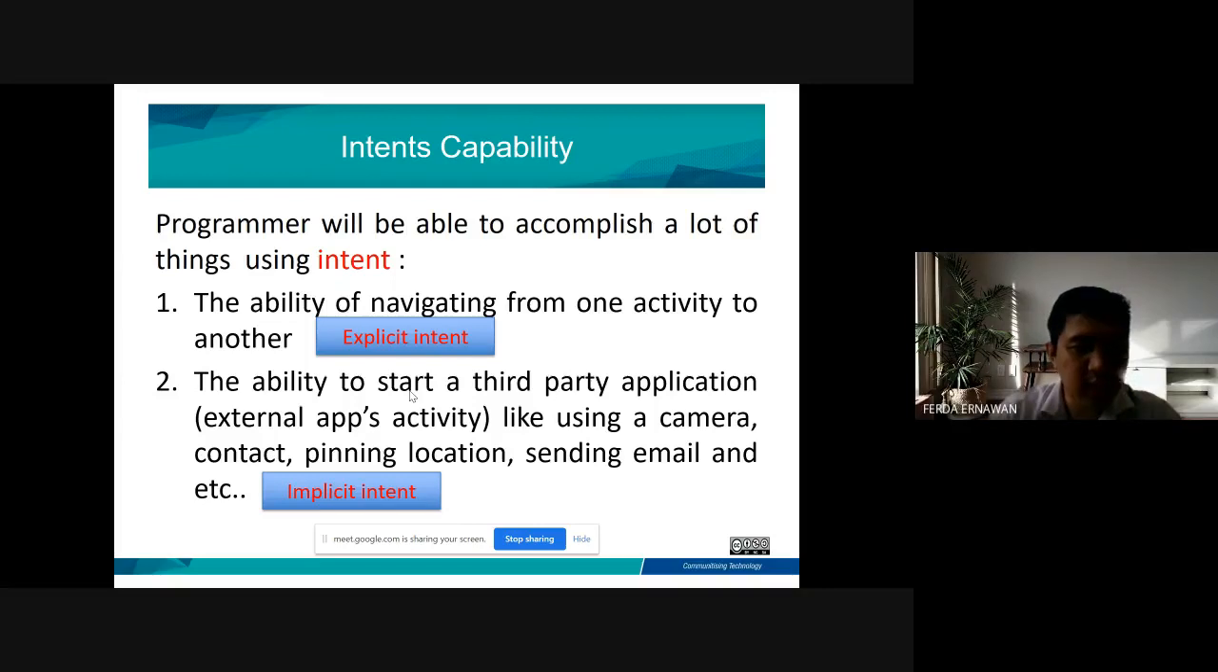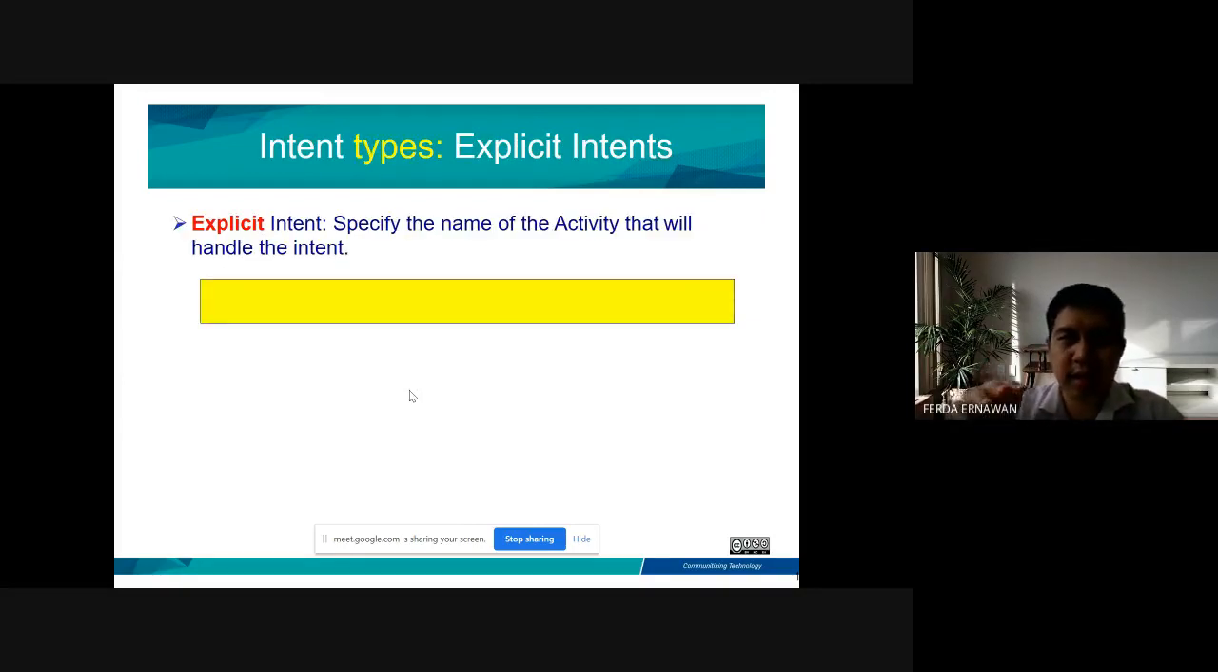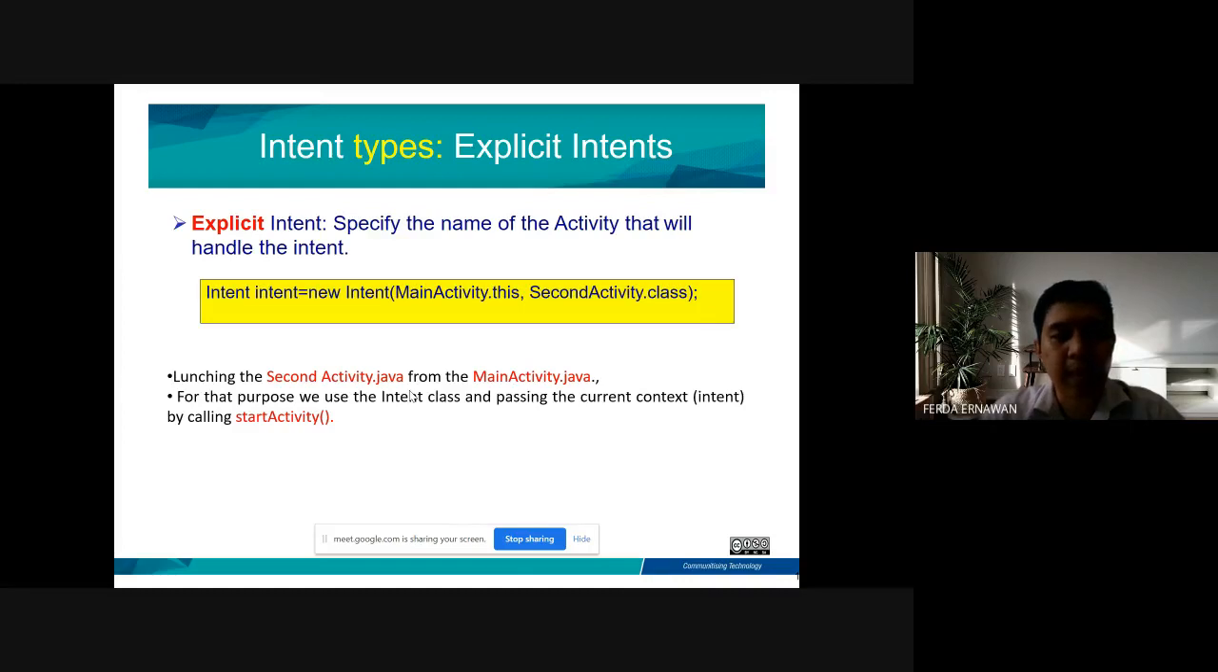So we can proceed to the explicit intent first. That one is the theoretical, so we can go to the practical in the Java file. Example: here, explicit intent specifies the name of the activity that will be handled in the intent. For example, in order to launch the second activity or the third activity in the same application, you can